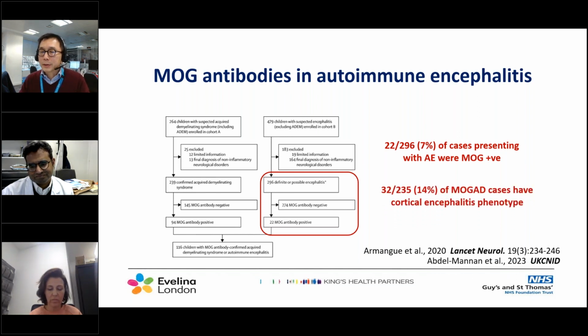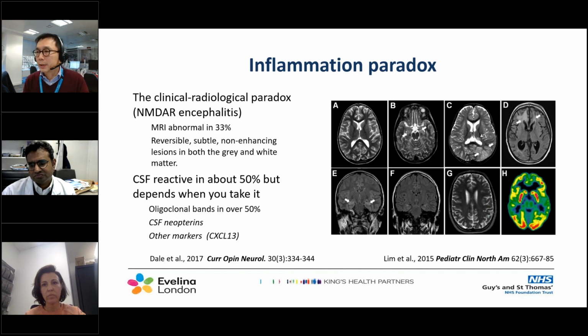And this is our own cohort of patients with MOG, and Kevin had mentioned that in his it's probably about that same percentage as well. So 10 to 14% have this cortical encephalitis phenotype. So if you're looking at it both ways. But the challenge really in autoimmune encephalitis is twofold, isn't it? One is the paradox here that despite there being